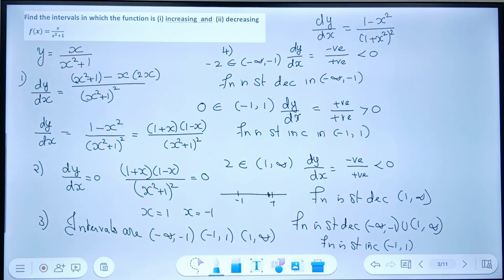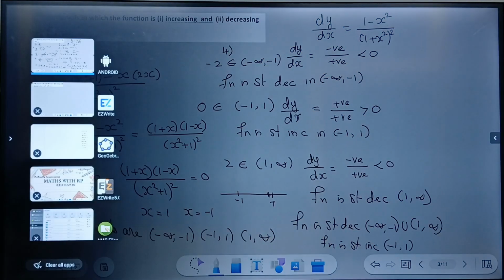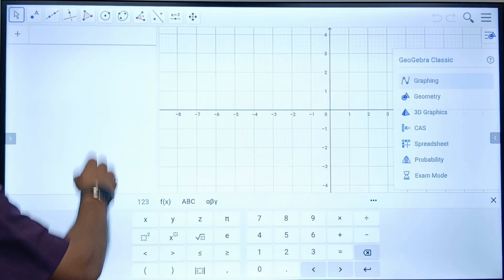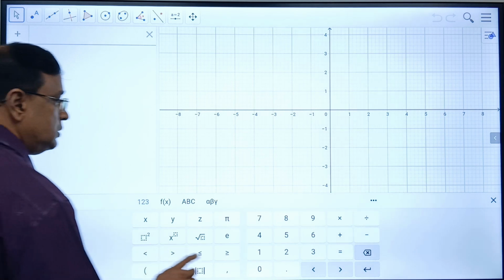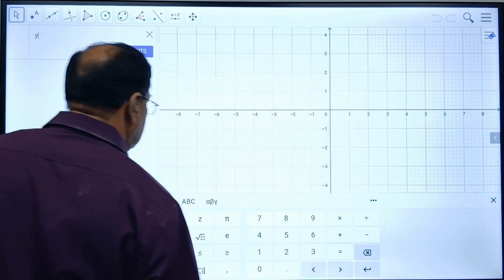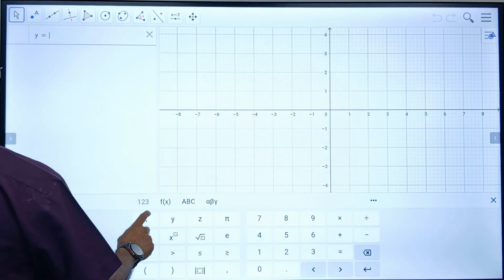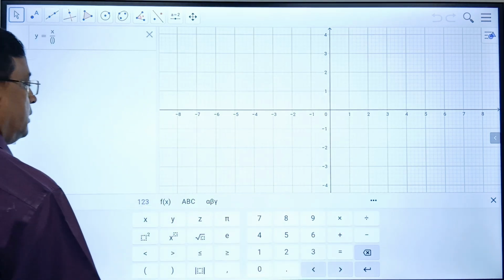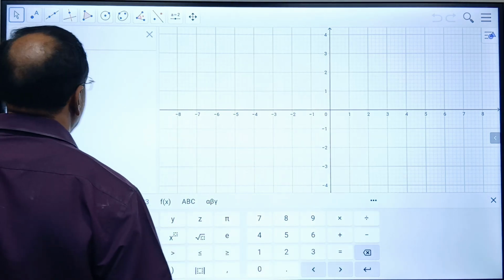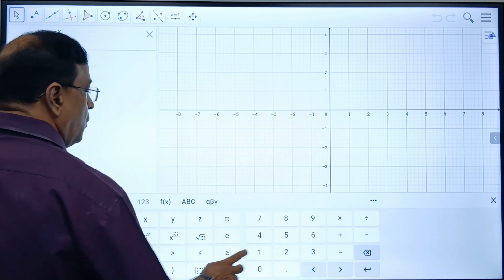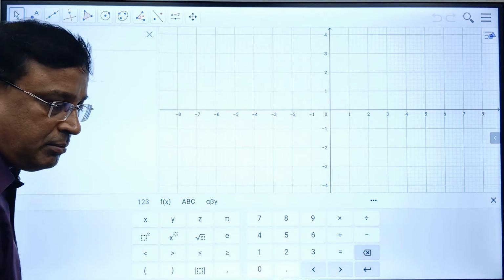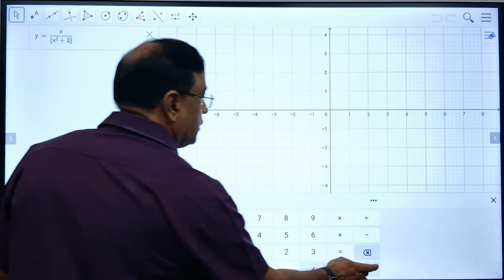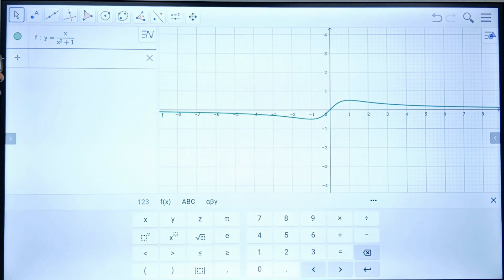Now let's look at it visually using GeoGebra. I'll go to GeoGebra, yeah, it's here. Now I'll write the function y equal to x divided by x square plus 1. X divided by x square plus 1. So that's the function. So I'm closing it. Now you can see clearly